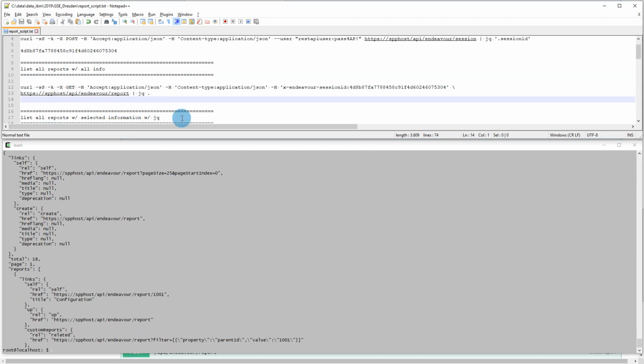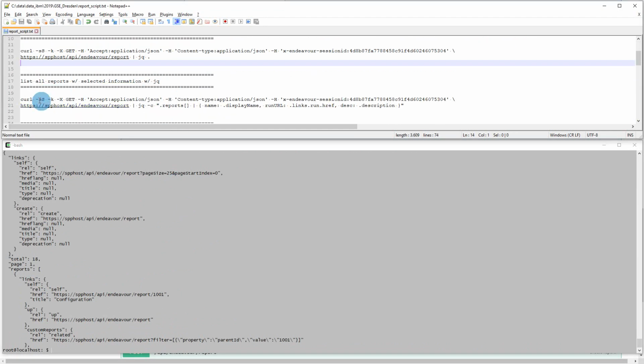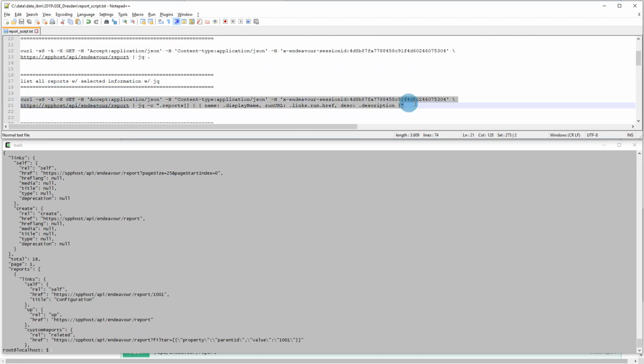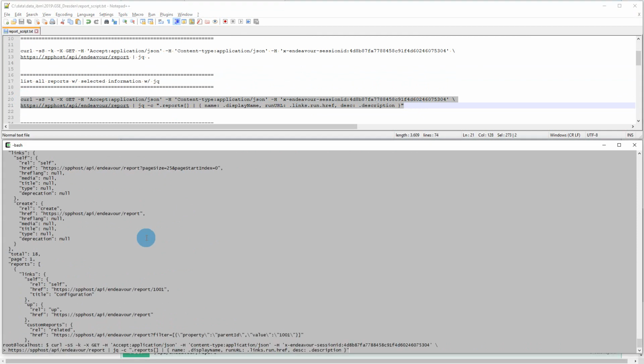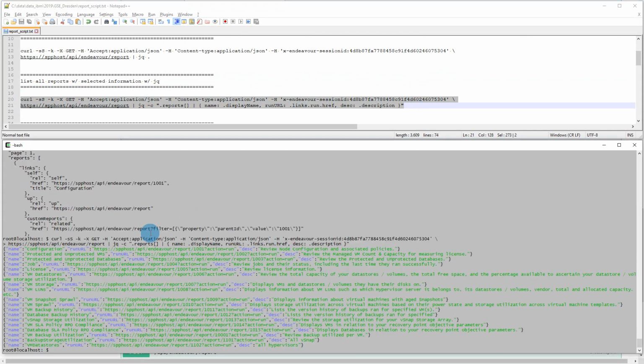I've prepared a jq command, which is generating a more human readable list. And here we have the list of 18 reports. We are interested in the protected and unprotected VMs. That has the endpoint associated endeavor report 1002, and we pass the action equals run parameter later on as a